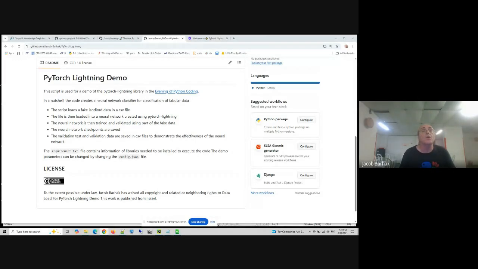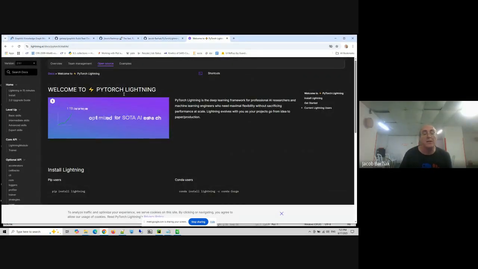Okay, so what is PyTorchLightning? Someone had just asked me a little bit ago. So let's explain what it's used for. It's used for AI, or more specifically for designing neural networks. But you probably heard about PyTorch and TensorFlow. Those are two libraries that handle how you code neural networks in the computer. And PyTorchLightning is basically an extension to PyTorch.